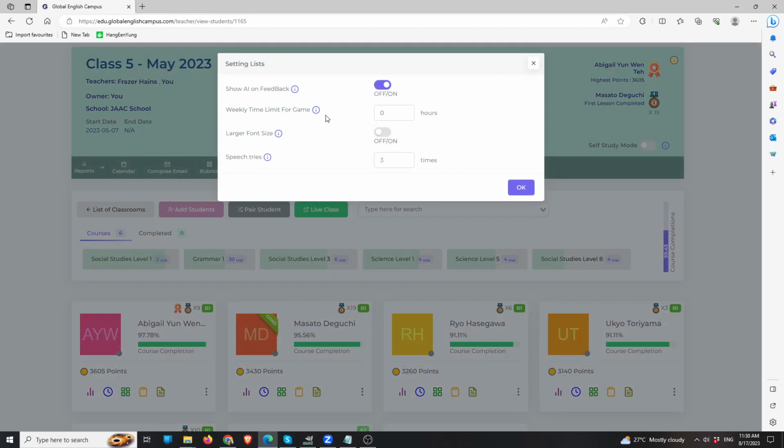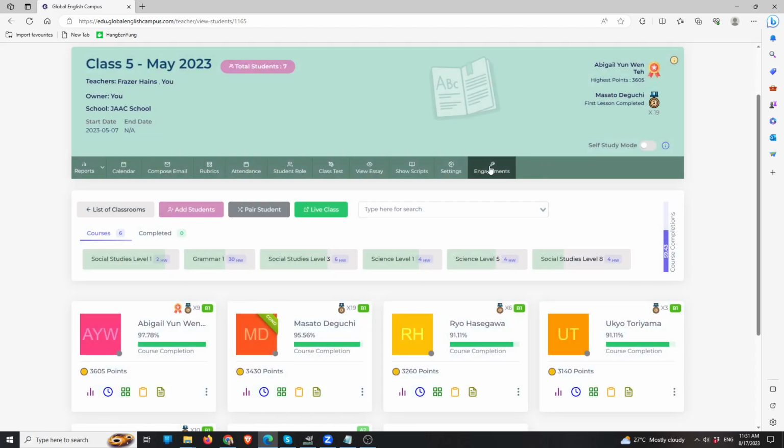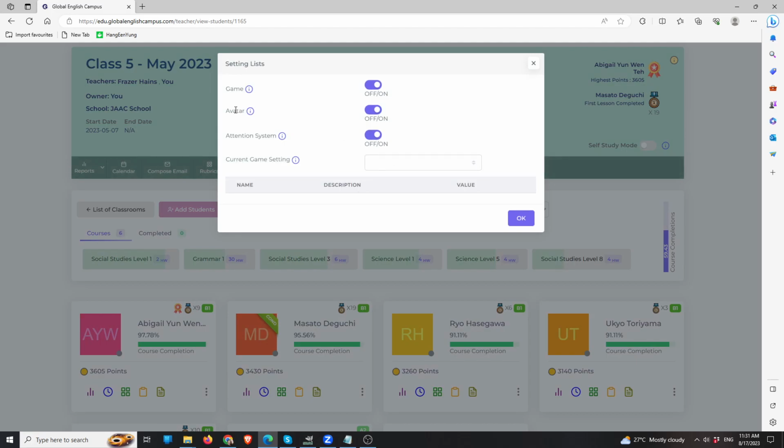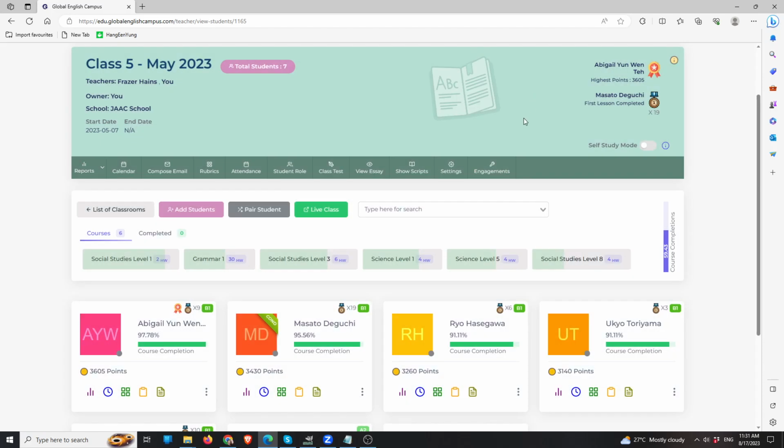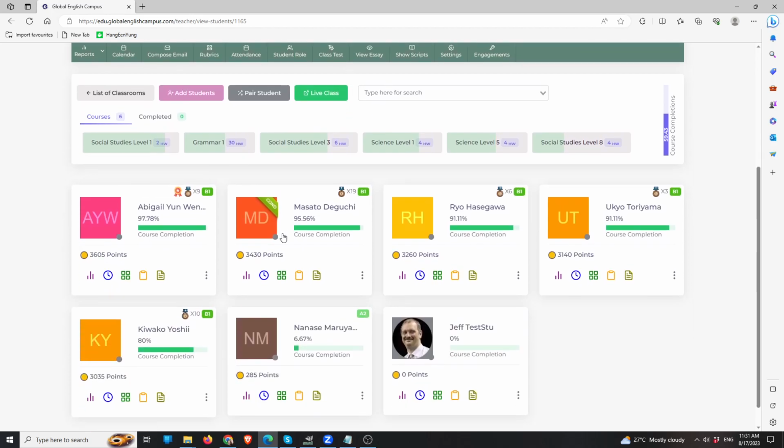Look at the settings here: turning the feedback on and off, the AI, the game time, font size, large or small, depending on the age of the students maybe. A lot of different settings, and then engagement settings too, for whether or not your attention tracking system is on or off, right? Game settings and that kind of thing. There's more to say about the teacher's account, but the last thing I do want to show you maybe is